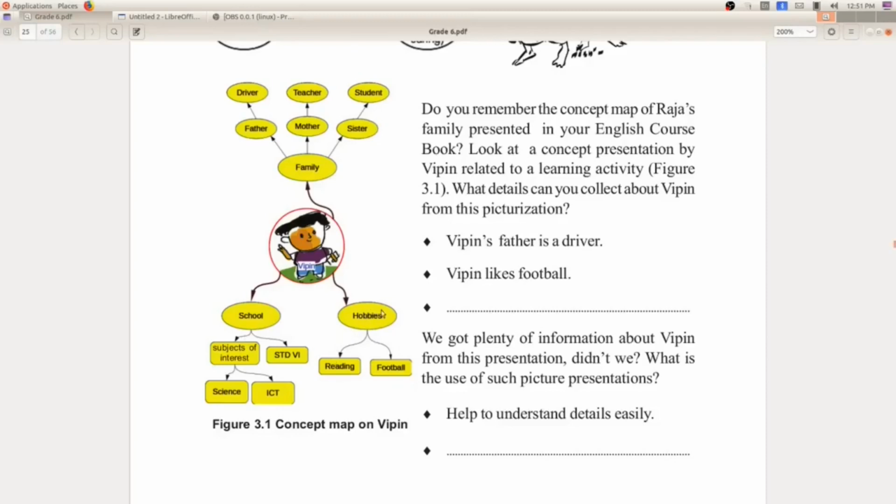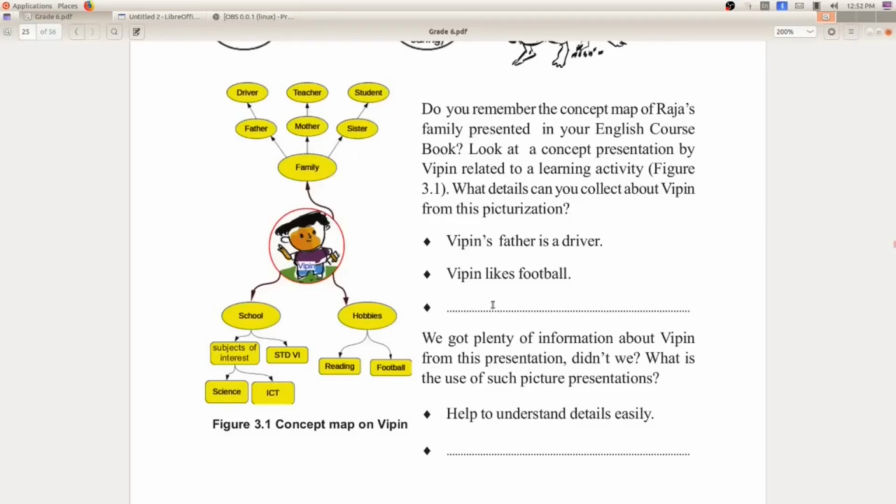In your textbook you can see this sentence, Vibin's father is a driver. It is an observation from this picture. Vibin likes football, which says about his hobby. Now there is a blank space here.